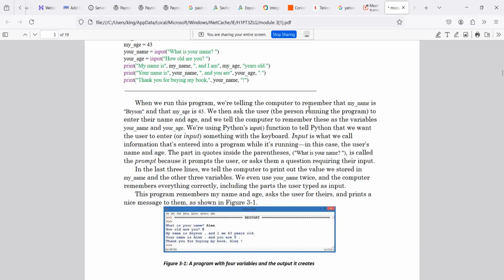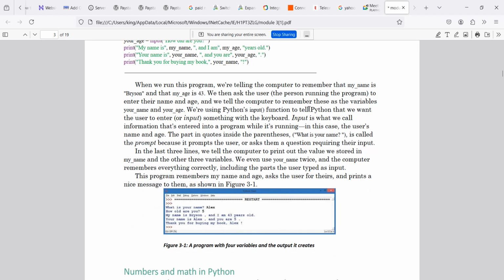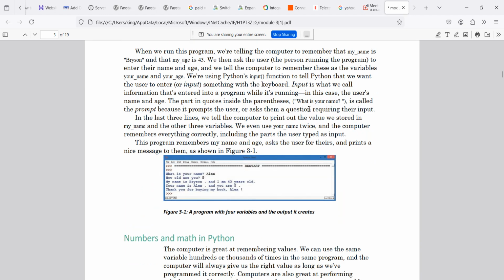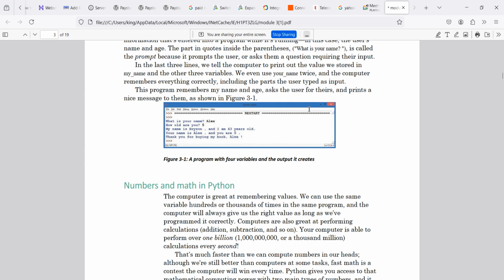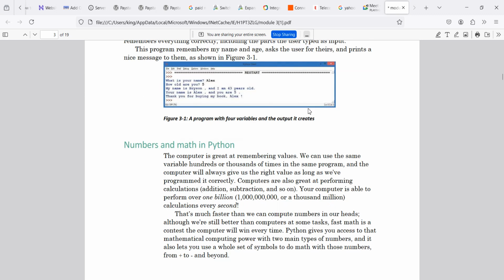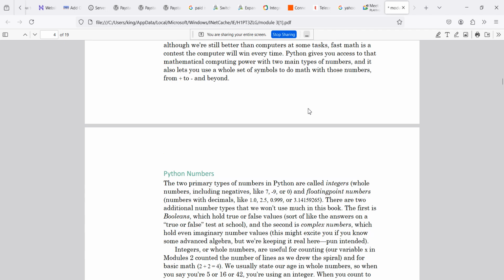All this information is what I've explained to you, like what the input function does. Next week we will go into lesson maths: how do we use Python to solve maths and stuff? Please try and write